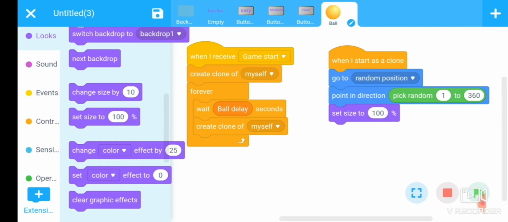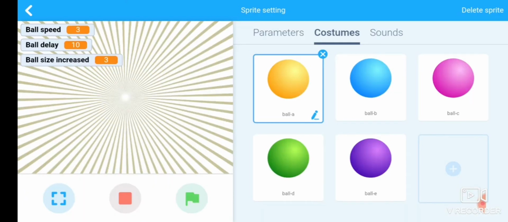That means it starts with blur and then becomes clear. Then the ball starts with blur and then it becomes very clear.